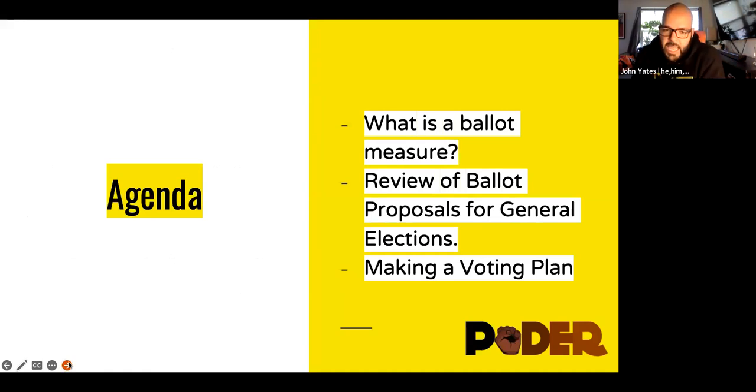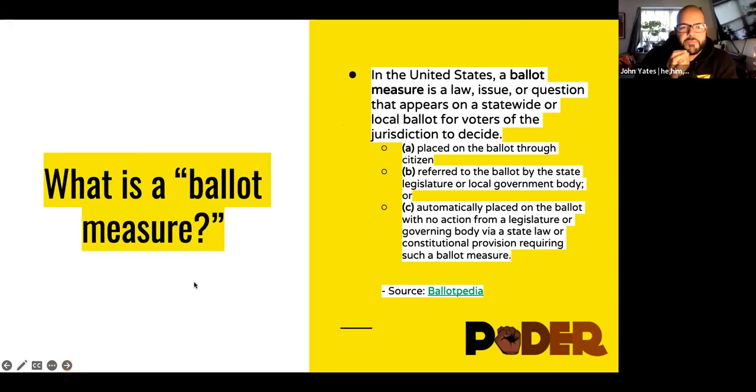What we're going to discuss today is we're going to go over what a ballot measure is. You'll hear ballot measure, ballot proposal, ballot initiative. We're going to define that and clarify what that is. Then we're going to review the ballot measures, ballot proposals that are going to be up for election in November, and go into the details of that. And then we're also going to talk about what making a voting plan means and is. I'm sure folks have heard it. If you haven't, that's fine, because we're here to learn stuff. So I got you. Okay, so